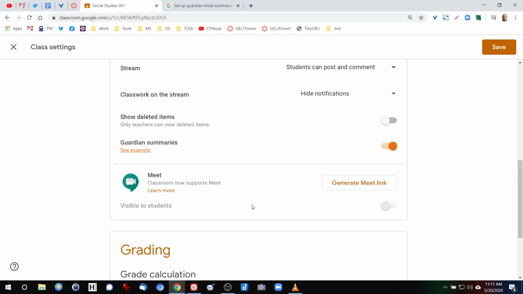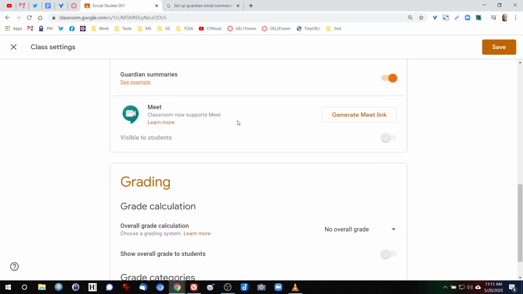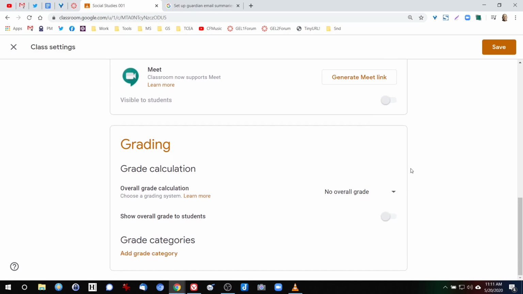and that means that any guardians would get email summaries. We're going to come back to this Google Meet, but I want you to notice that Meet is now a part of Google Classroom, and you can actually generate a Meet link, and you can decide whether you want that to be visible to students or not. We'll come back to that later as part of a different module. Now, I mentioned